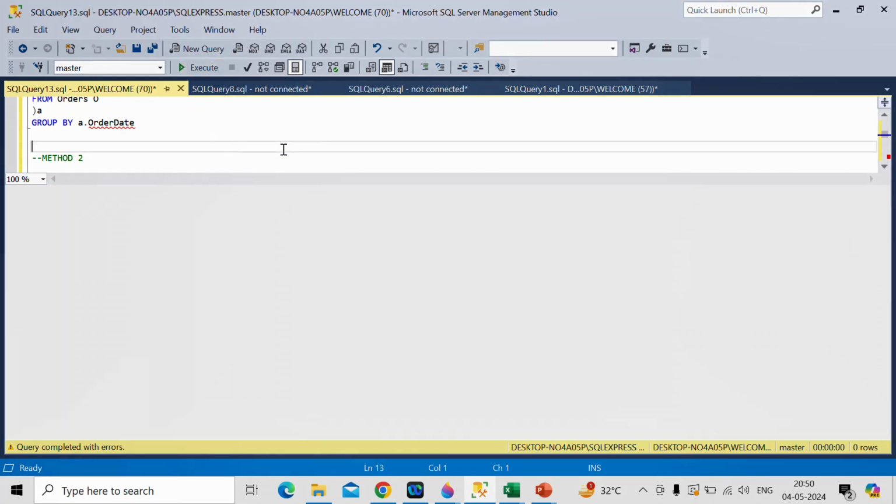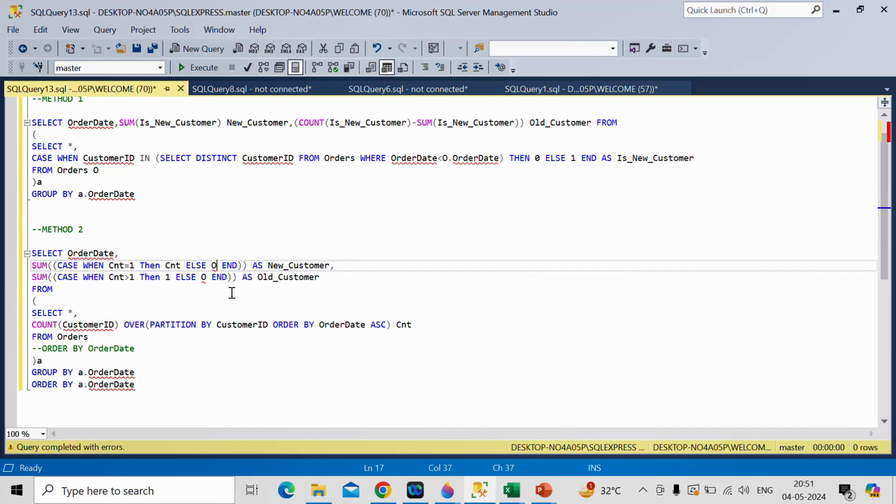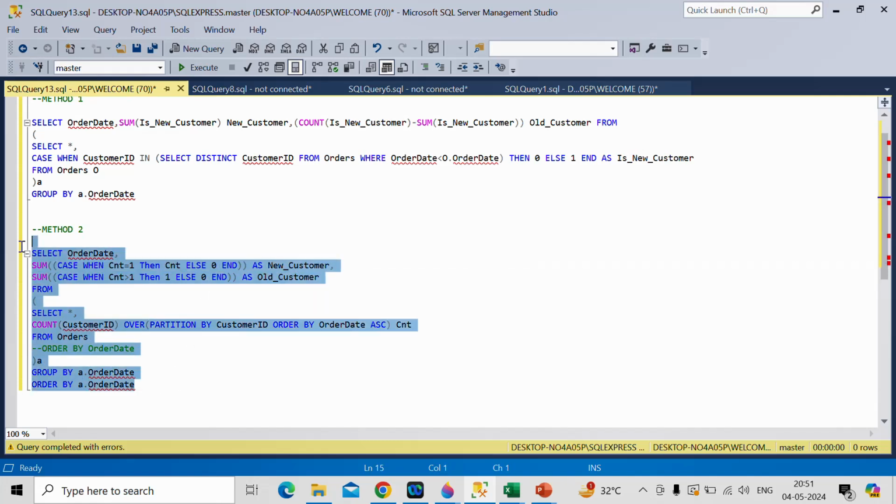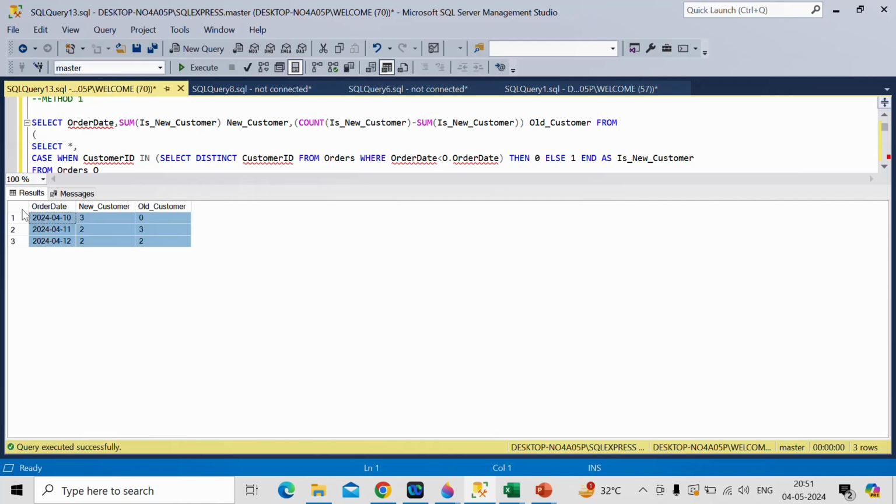Okay, invalid column name 0. Okay, so here instead of 0, I wrote the letter O. So let me write 0. Now let me run it. Great. See, we got exactly the same result what we got in method 1, and this result is also matching with our expected output. Okay, so for every date we got number of new customers and number of old customers using method 2. Okay, so if we go back to the slide,